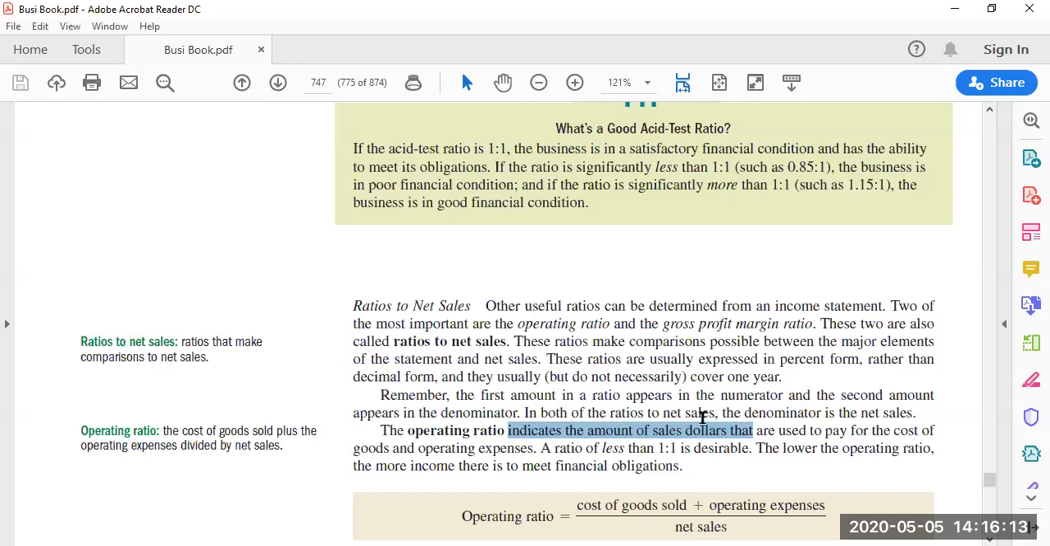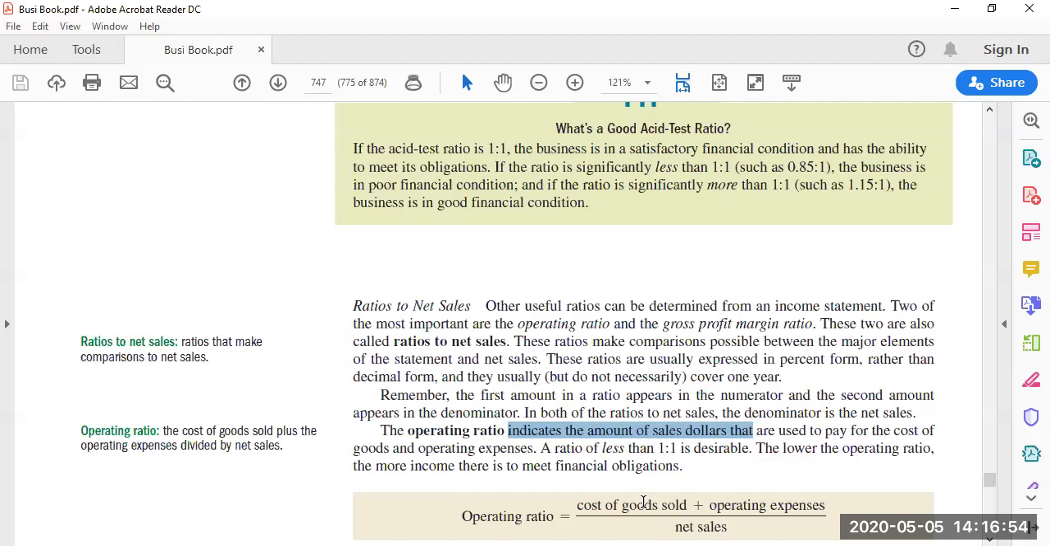Now, an operating ratio of less than 1, it says this, a ratio of less than 1 to 1 is desirable. Why is that important? The lower the operating ratio, the more income there is to meet financial obligations. So you just have to understand the relationship of the numbers. Notice the number on top is the cost. You want your bottom number to be much larger than the top number, so we'll get a smaller